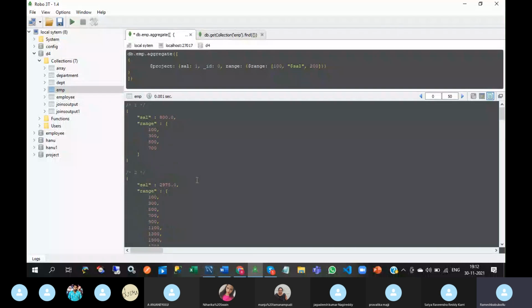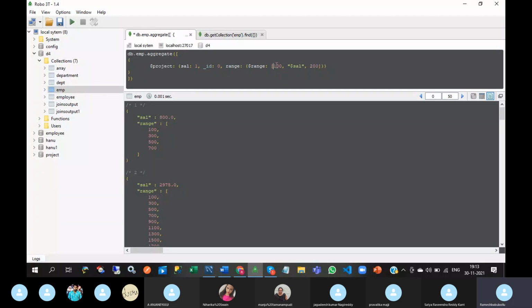So range gives output as an array containing a sequence of integers according to user-defined inputs. Like we are giving salary to range, the starting value is 100 and the increment value is 200.